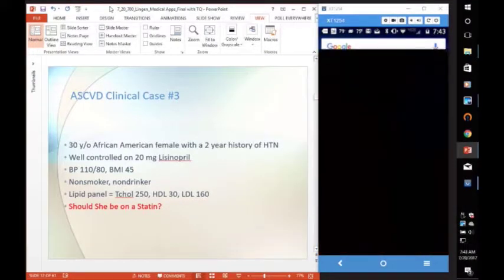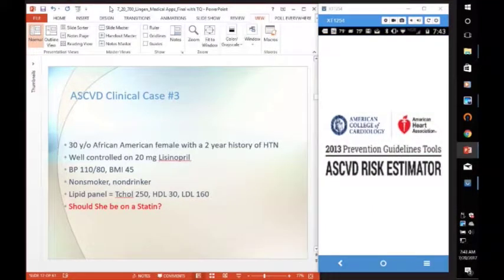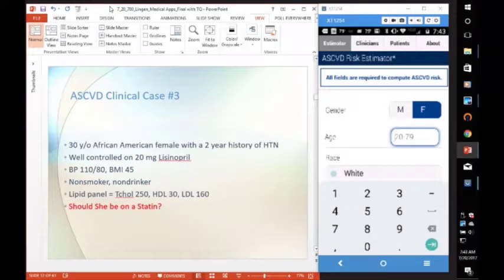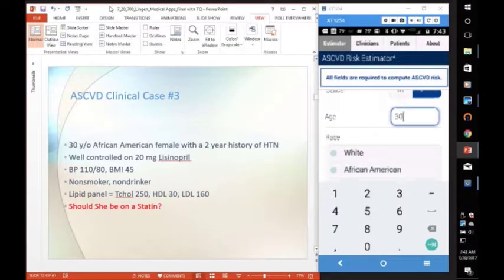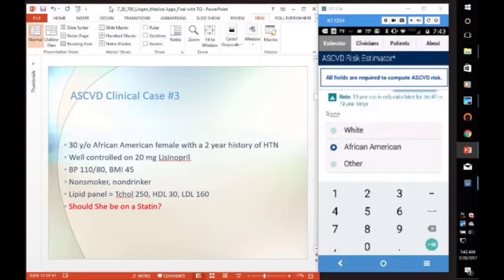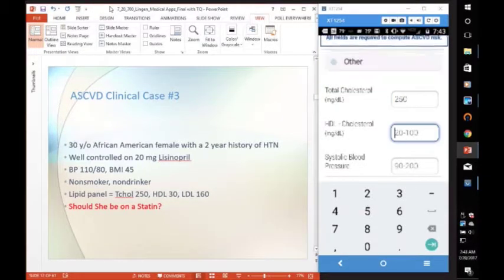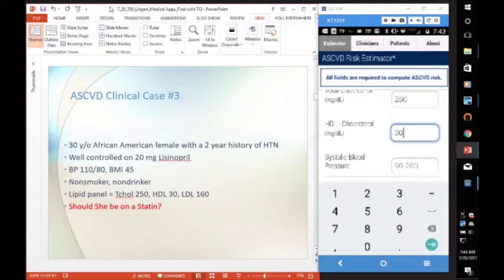Okay, so this is a 30-year-old African-American lady with a 2-year history of hypertension. Now what do I do? Talk the way you always do, Don. Well, she's well controlled on lisinopril. Blood pressure is 110/80. BMI is 45. She's a non-smoker, non-drinker. Lipid panel: